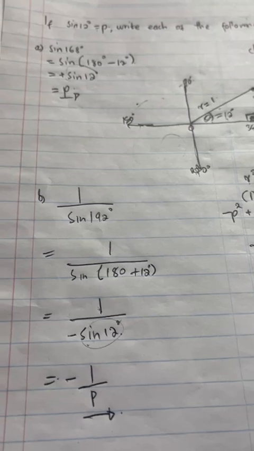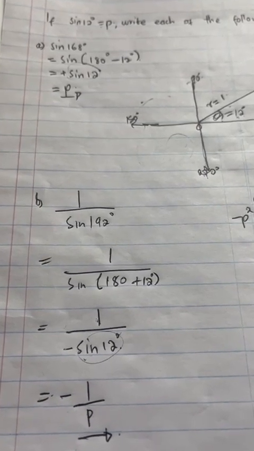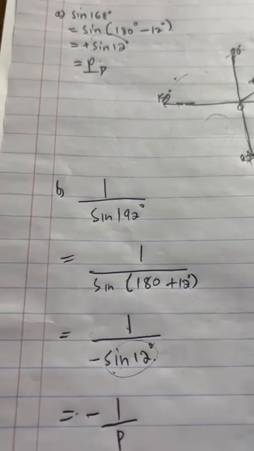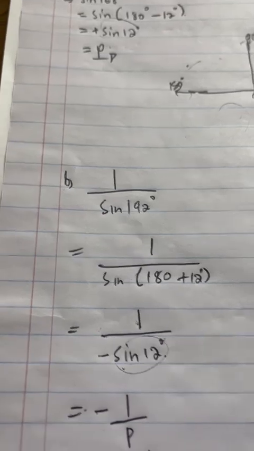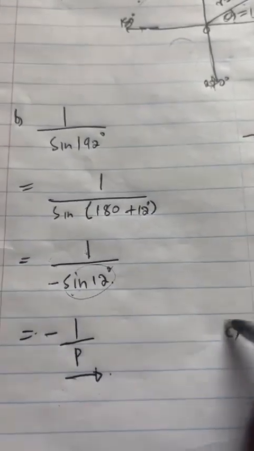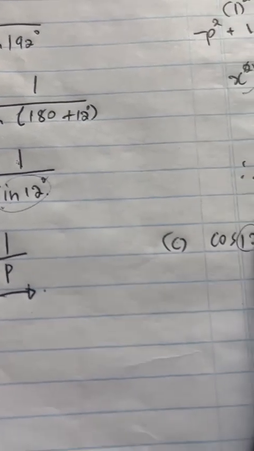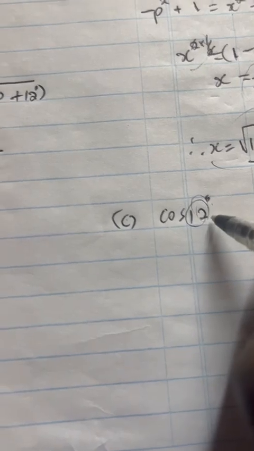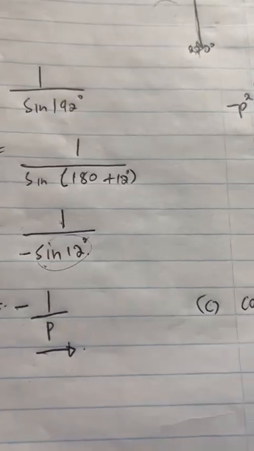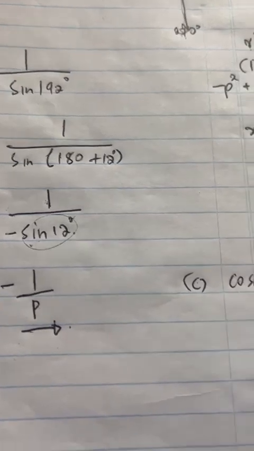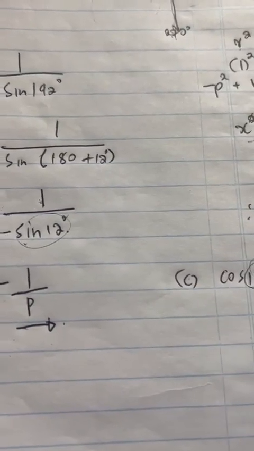So even if you have a cos, let me say cos 12. Okay, let me just write this one, cos 12. So with cos 12, because we know the value of x at 12 degrees, we calculate it as the square root of 1 minus p squared. That means x is going